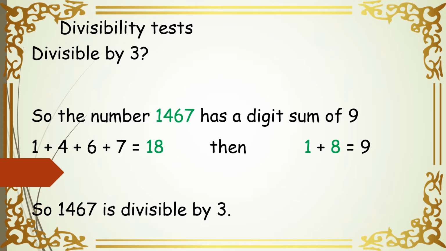Now you will see whether this number 9 is divisible by 3, whether it comes in the 3 times table. Yes, so 1467 is divisible by 3. It is very simple. If you are given this number and asked whether it is divisible by 3, normally we would find its factors and then check whether it is divisible. It will take a longer procedure. Instead, we quickly add all the digits and get 9. Once you get 9, you know that 9 comes in the table of 3. That means this number is divisible by 3. Understood?